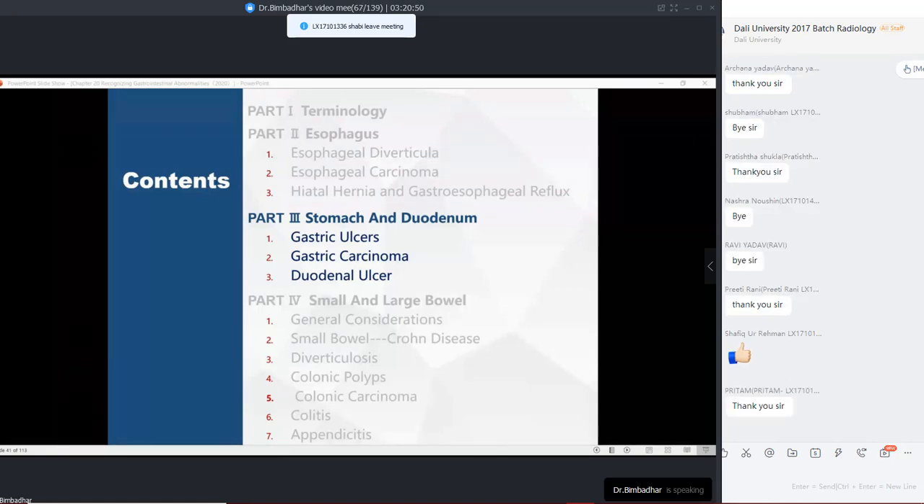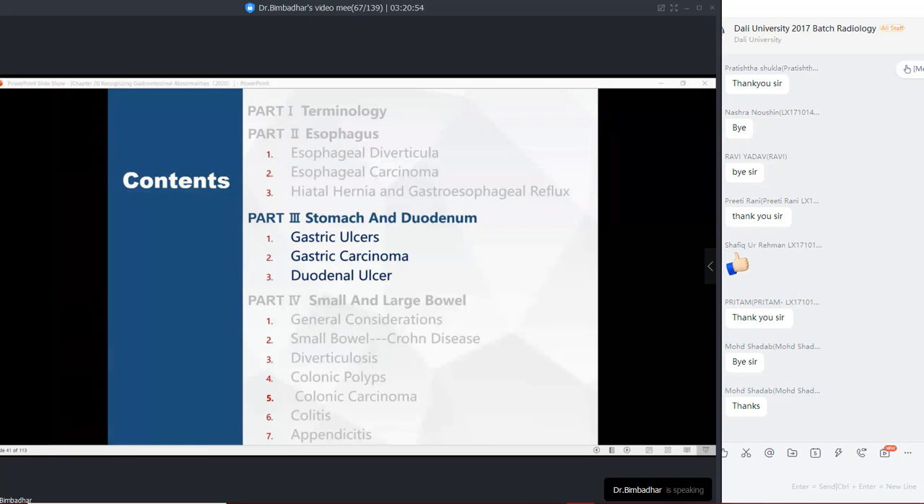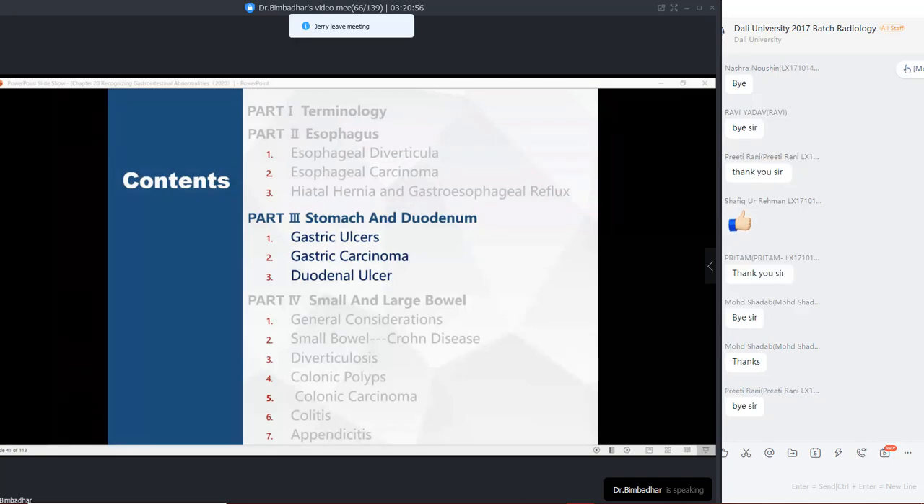And we will learn about hiatal hernias when we start learning about the stomach, because it is related to the stomach. So I'll teach